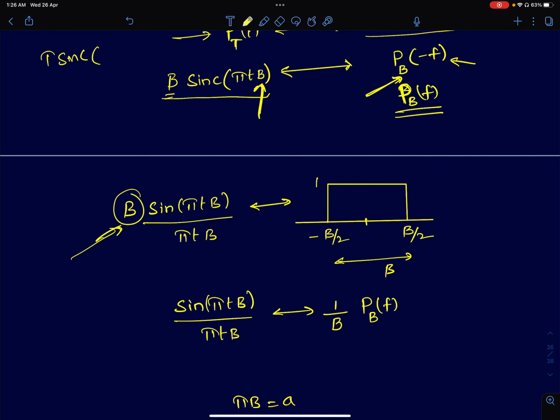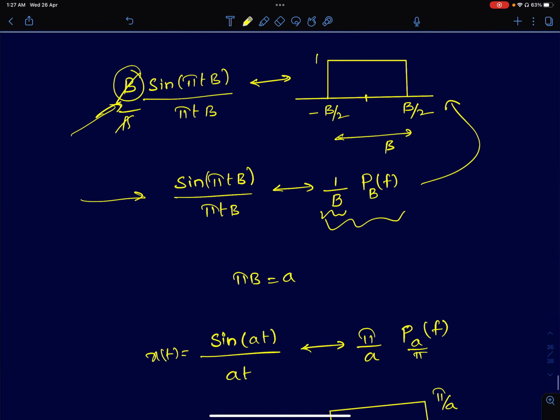If you multiply a function by some constant in time domain, the Fourier transform also gets multiplied by the same value. So if I multiply it by 1 by b, I have to multiply the Fourier transform also by 1 by b. So the Fourier transform of sin(pi t b) by pi t b is 1 by b times a pulse function, P_b of f, which is a pulse function with unit amplitude and a pulse width of b hertz. So that's it. Once you know this result,